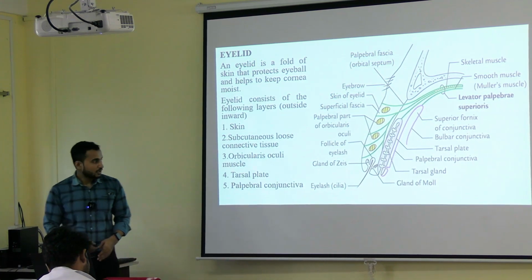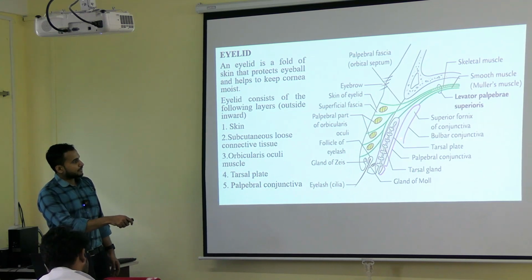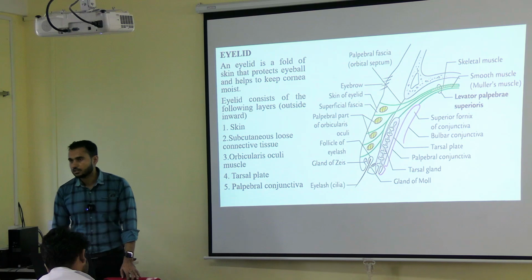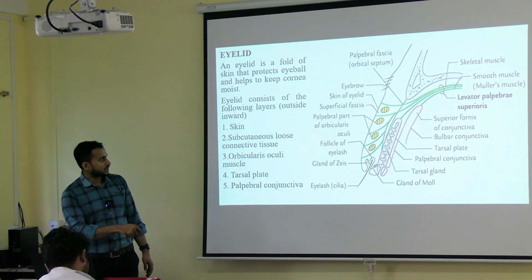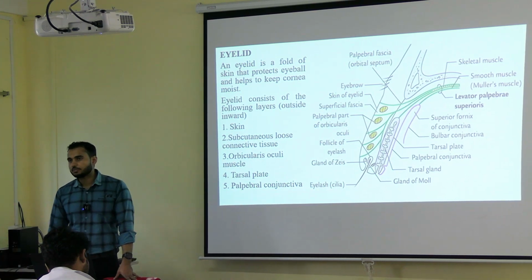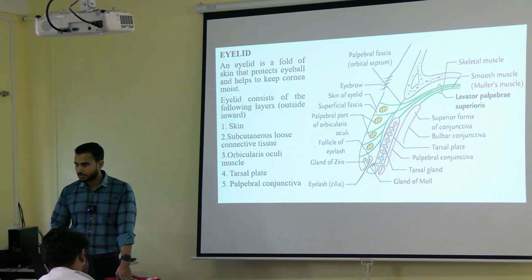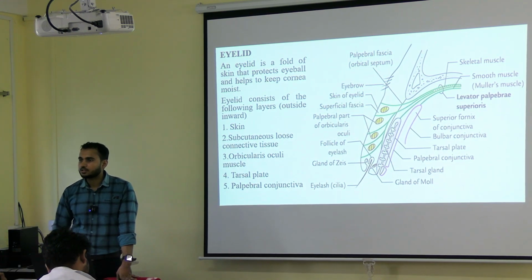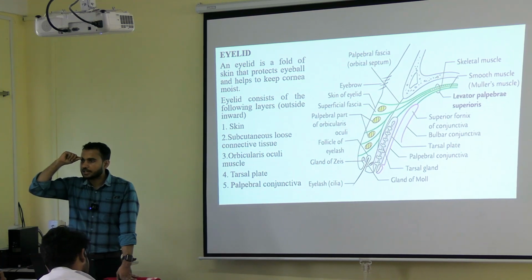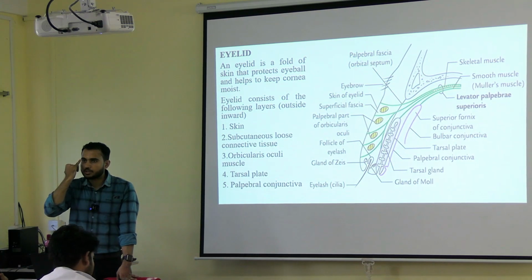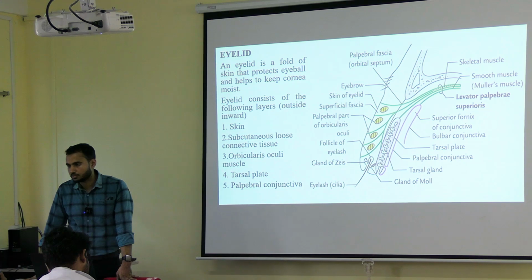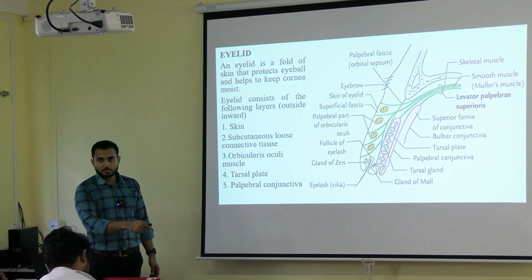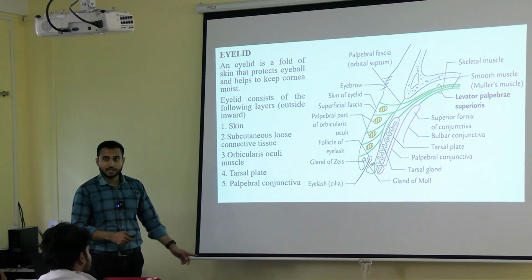And deep to that you can see the palpebral conjunctiva. The conjunctiva has 3 parts: the palpebral conjunctiva, the bulbar conjunctiva and the conjunctival fornices. Conjunctiva we are not going to discuss today. You can also see the conjunctiva easily. Just elevate the eyelid; the inner part that you see, that layer, is nothing but the conjunctiva. So these are the layers. This diagram is important. You have to draw this in your practical notebook. This is not a microscopic structure.